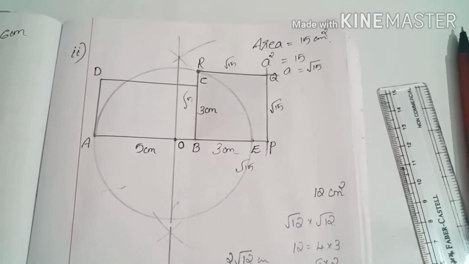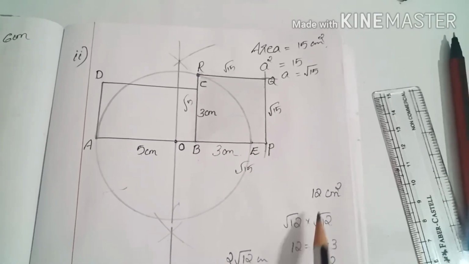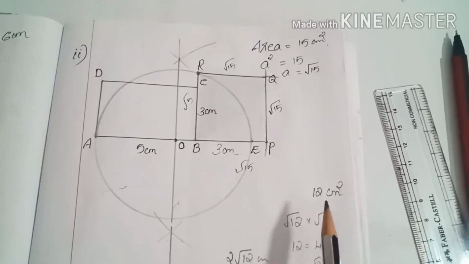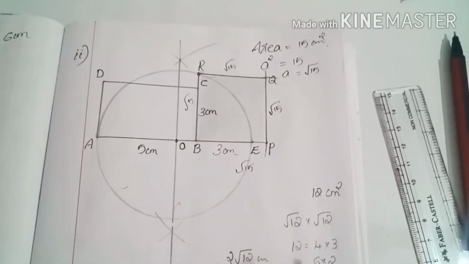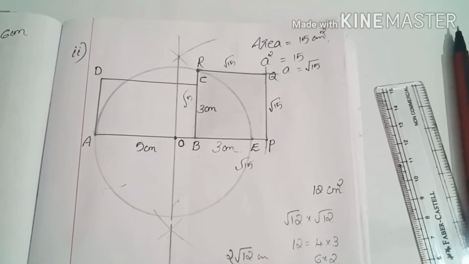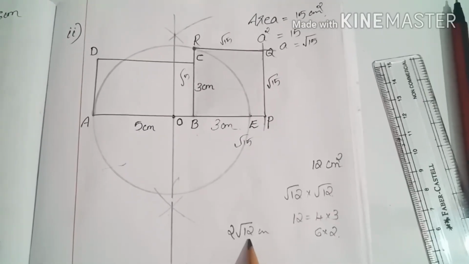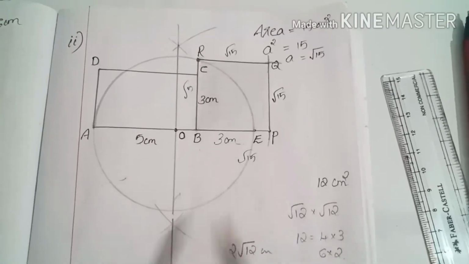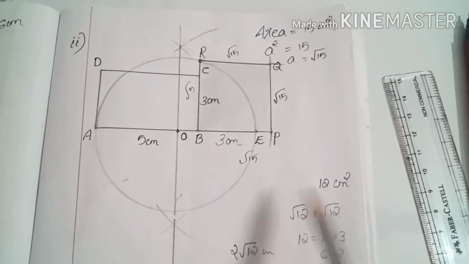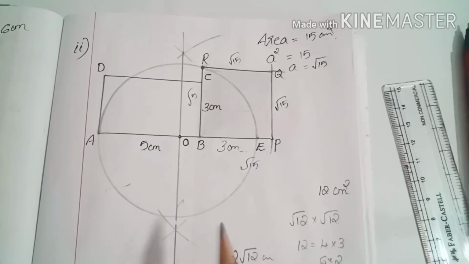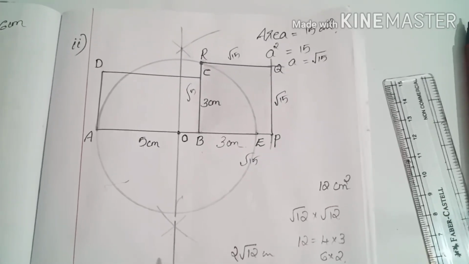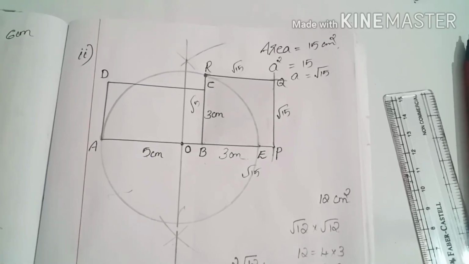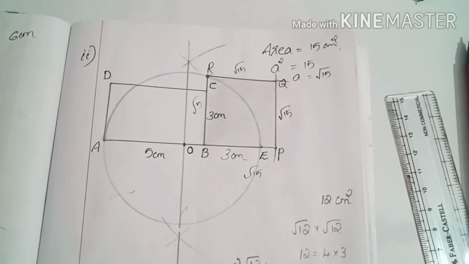So one method for so many questions. If the question is about root 12 centimeter square area, 12 centimeter square, then you can apply this. If the question is draw a line of length root 12, you can apply it. Then 2 root 12, in that case also you can apply this method. All these questions are not in the textbook. I just explain because questions will be there for the exam. These two are very important.